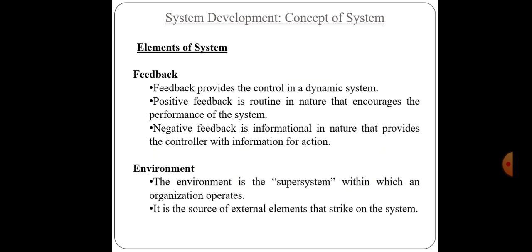Now, talking about the elements of the system, input is what we feed into the system. Processor is what takes input as data and then processes it and gives us the information as an output. Then comes the feedback. Feedback basically provides the control in the dynamic system. Since the system is dynamic because it is interacting with the external environment mostly, the feedback plays a very